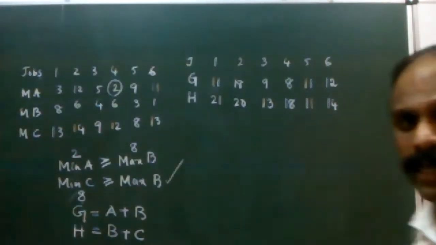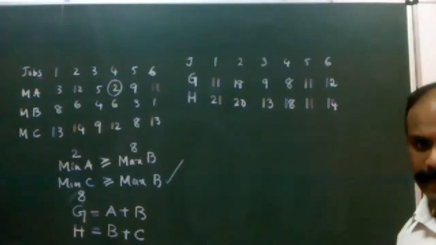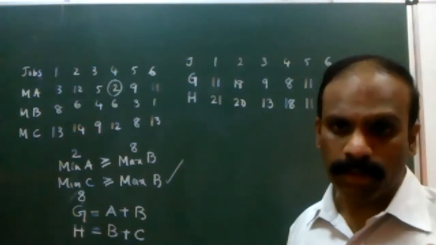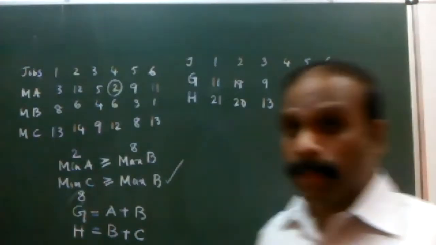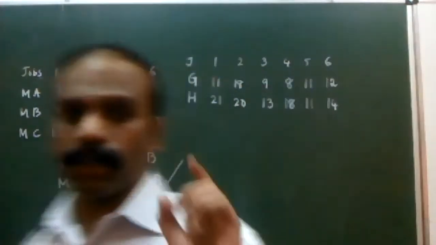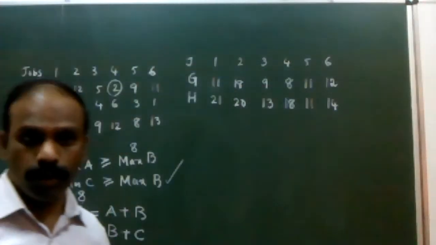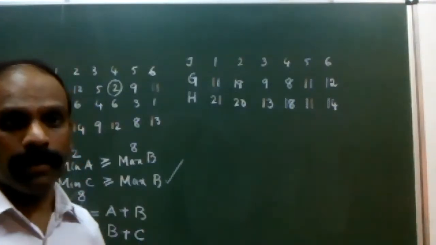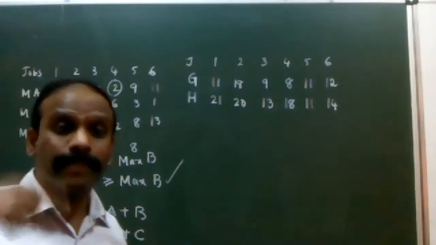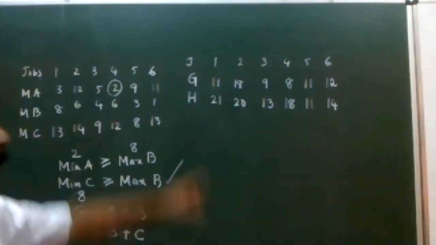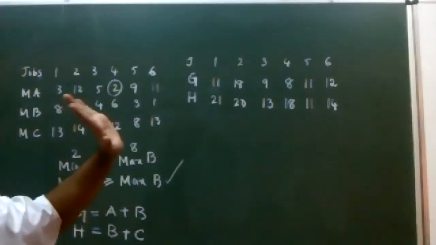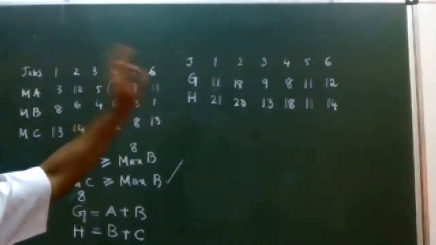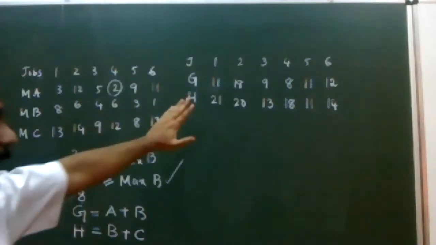Okay, now you can see that all the values of G and H are obtained. Now the problem is good to go for Johnson's rule. As I told you in the beginning, the most important limitation of Johnson's rule is that if the number of machines is more than 2, we cannot do sequencing. So therefore, in order to make Johnson's rule applicable, we have converted it to a 2 machine problem. Now the problem is ready for sequencing. Now the same procedure we applied for the 2 machine problem, we are going to apply here.